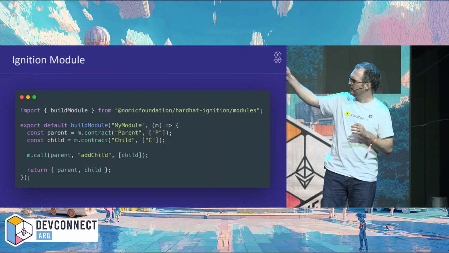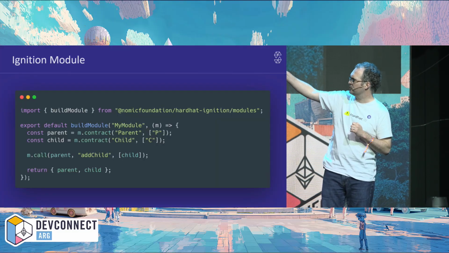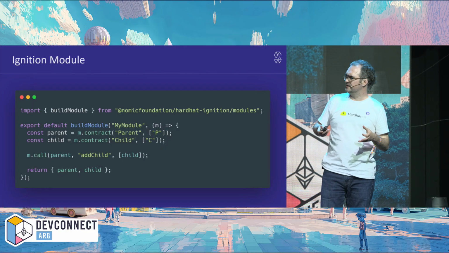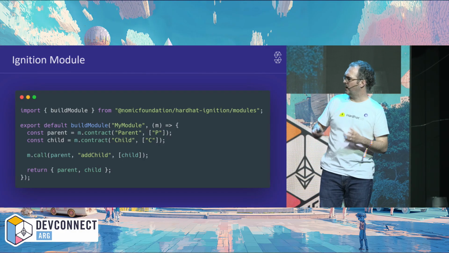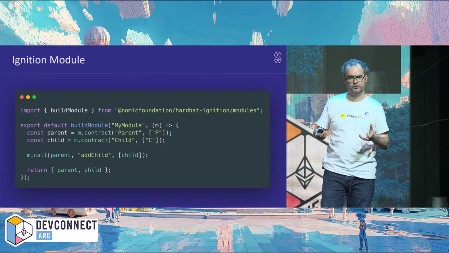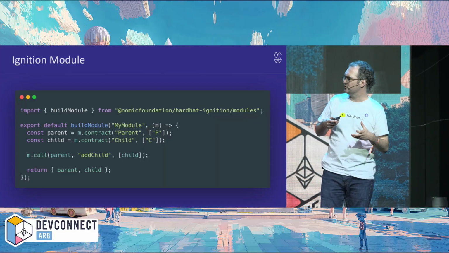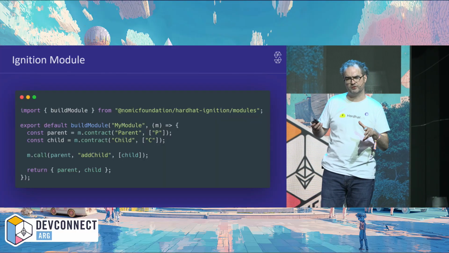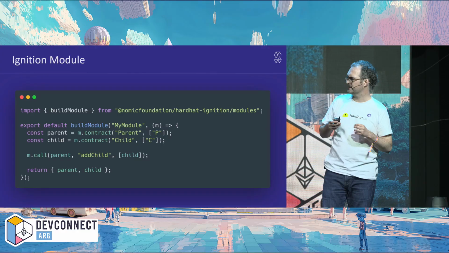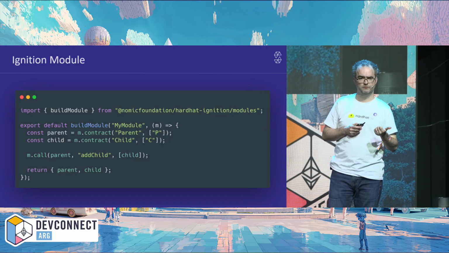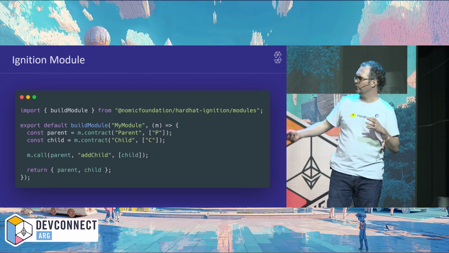So you describe it in TypeScript as what we call an Ignition module using the build module function here. Ignition is able to read this, build an execution plan, and then provide validations, so finding issues and errors before any transactions are submitted. It will then, if it's happy with that, take over the responsibilities for batching and sending the transactions out to the memory pool and monitoring them for success. It journals any interactions with the chain locally, giving it the ability to restart